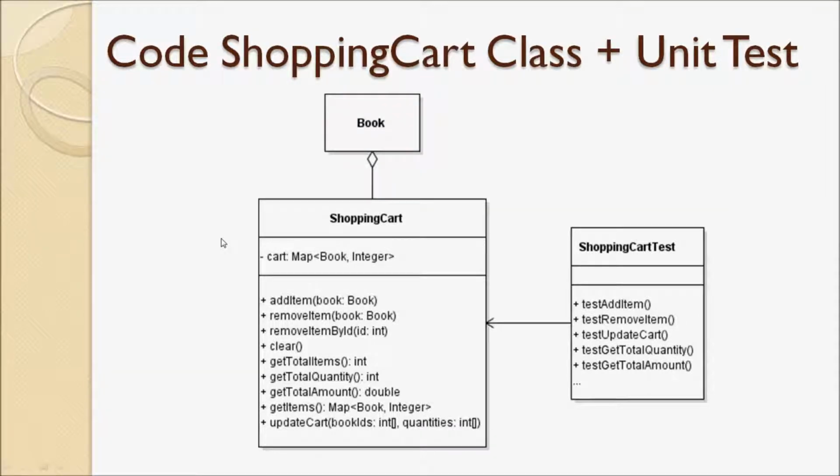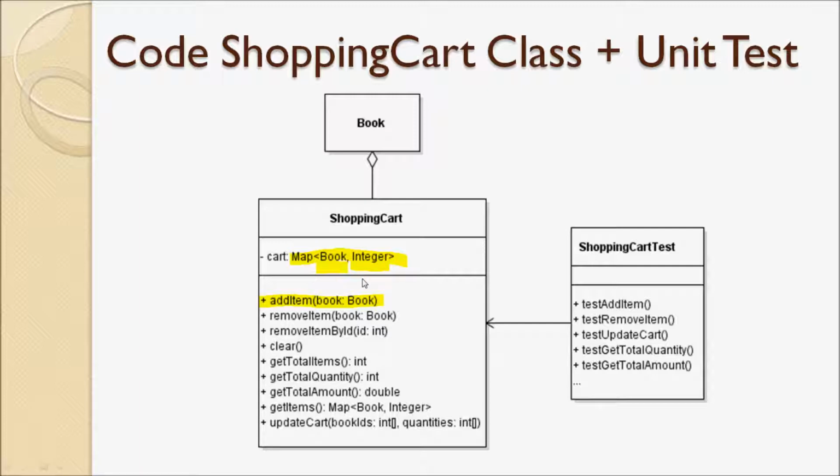Now let's write code for the shopping cart class with unit test. You see, in the shopping cart we store the books chosen by the customers in the map collection here, where the key is book, an instance of the Book class, and the value is an integer number that indicates the number of copies of the book. And the first method we are going to implement is an addItem method that puts a book to the